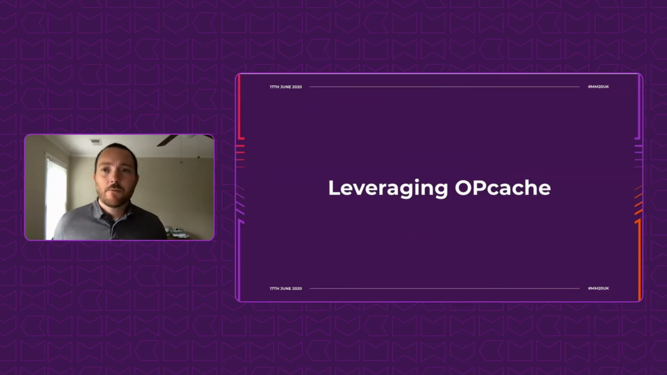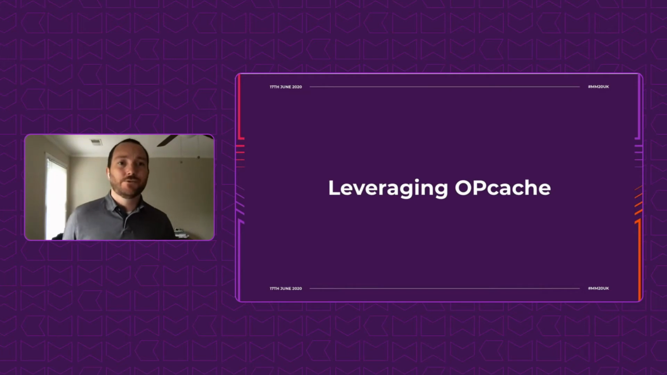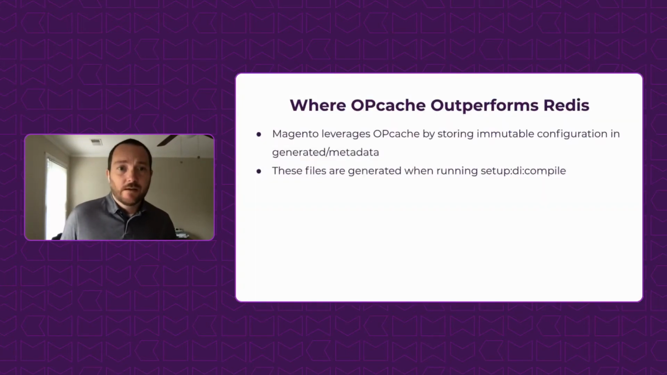So how does Magento actually leverage OPcache? We saw in the last section, when looking at the performance of just loading a product page, there's a performance benefit simply by having it enabled and configuring it to not revalidate the files every time it loads. But Magento actually uses OPcache to its advantage when you're in production mode. How it does that,